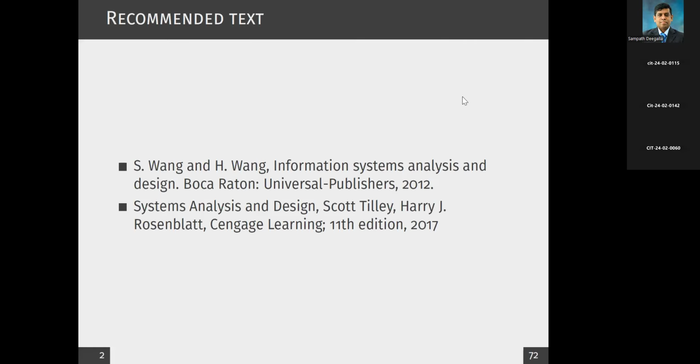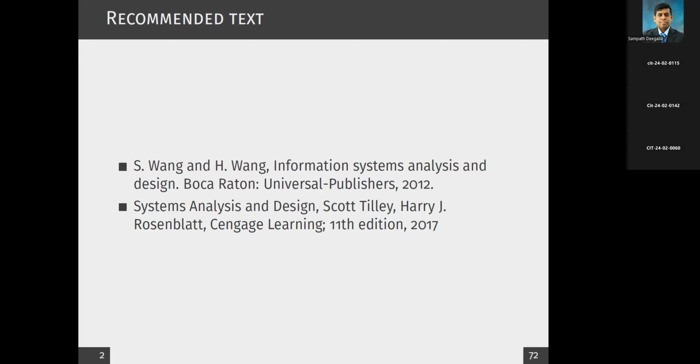Right. Let me briefly introduce you to the business analysis and software design module, which is one of the core modules in any IT degree. The idea of this particular module is to get an understanding of how we can build a system from starting to the end, right? So we will be discussing the design aspect of this,